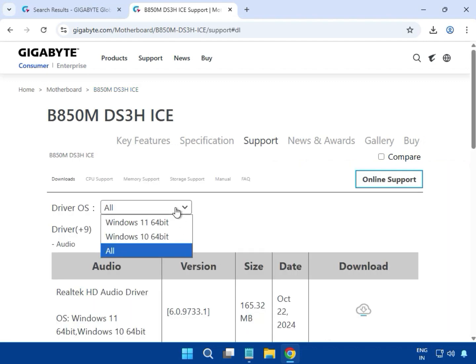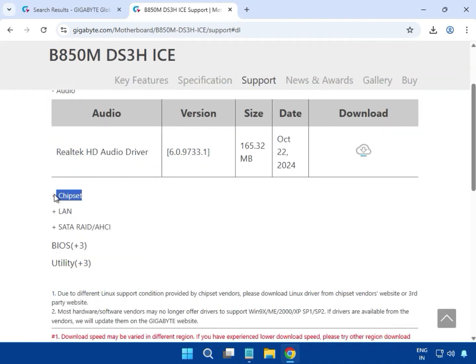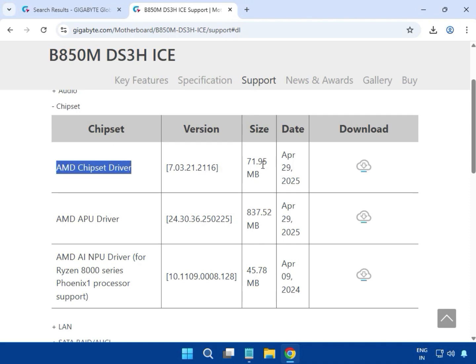Select your operating system, which is required. For Windows 10 and 11, both operating systems, the driver installations are the same. Choose the chipset, AMD chipset driver, and click to download. Let's start downloading. You can see